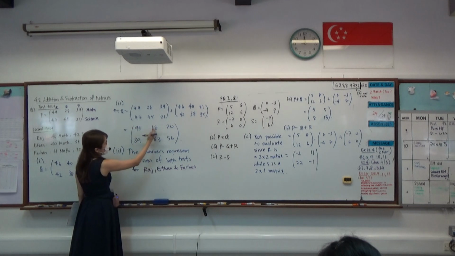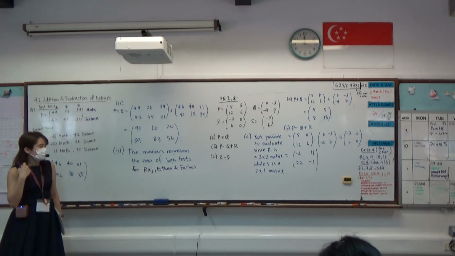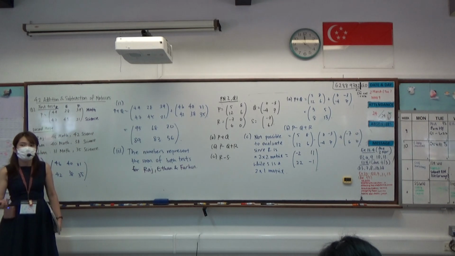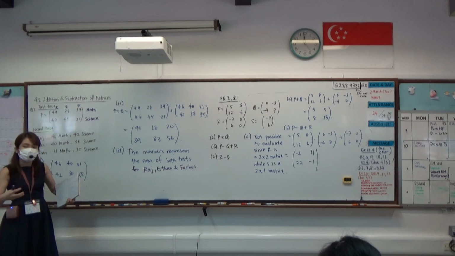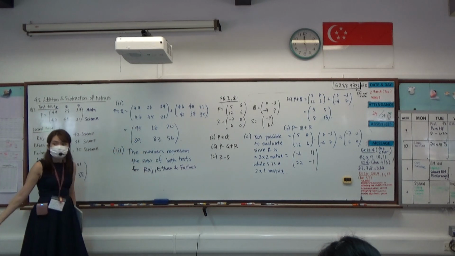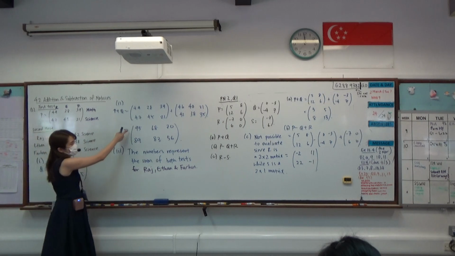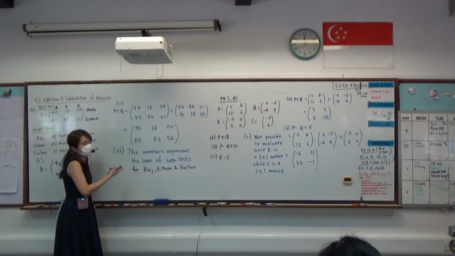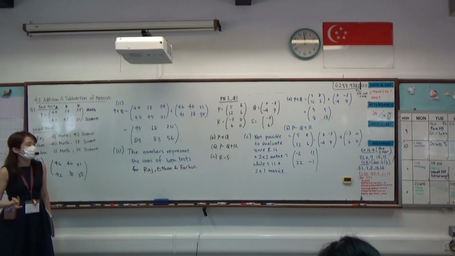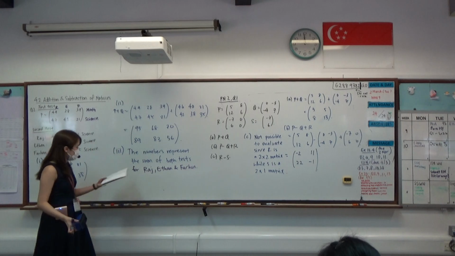Because we're dividing into 3 columns over here, where it's Raj, Ethan, and Farhan, that does break down the number itself to talk about the rows and columns of the matrix. But something else is also missing, which is the subjects of the test. This one is supposed to represent maths, the other one is for science. So to more accurately capture the whole idea of this matrix, maybe what you could say is that